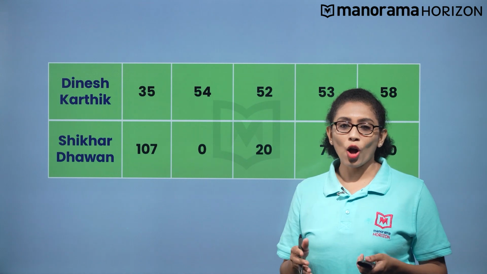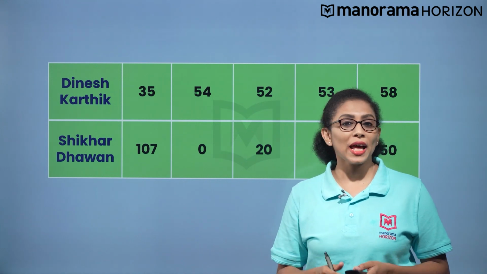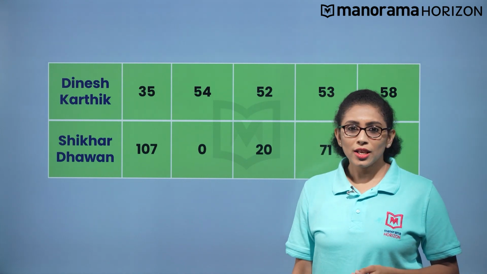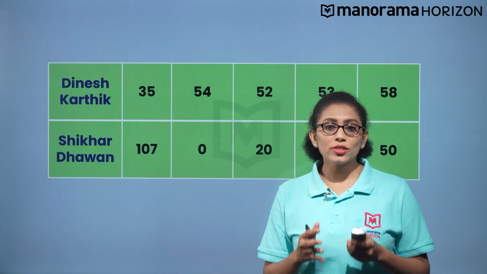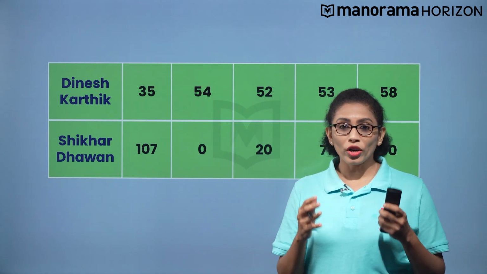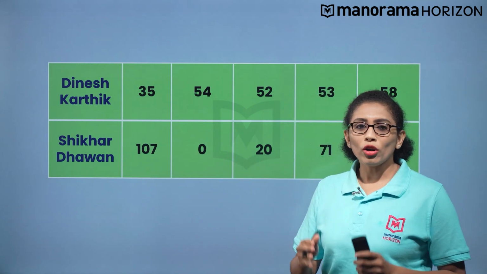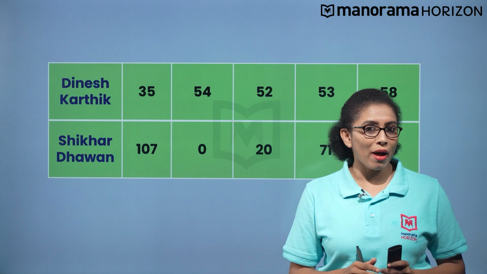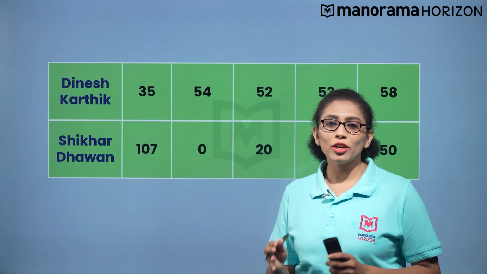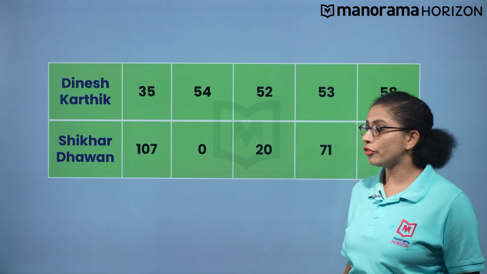Ever wondered how BCCI is selecting the players for cricket matches? Listed here are the scores of two cricket players in an ODI series, that is Dinesh Karthik and Shikhar Dhawan. Dinesh Karthik scored 50s out of 5 matches, while Shikhar Dhawan was at his best in the first match with